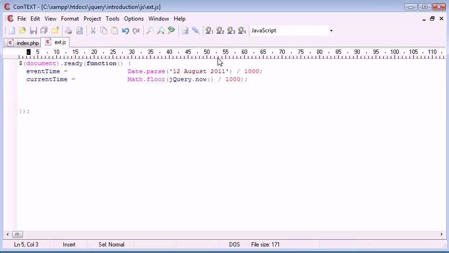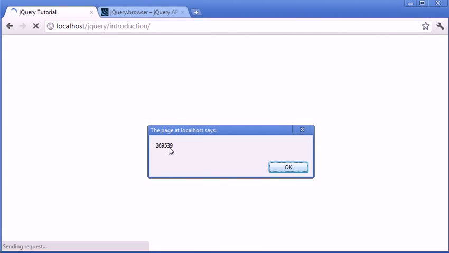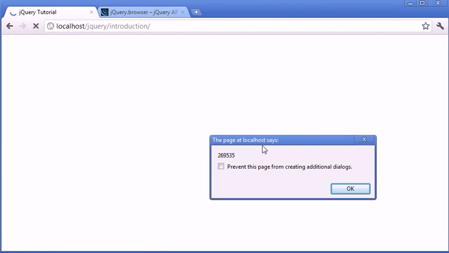Okay, so what I'm going to do now is work out the amount of seconds between these two events. Now, because we're returning them both as seconds, this is quite straightforward. So the amount of seconds between the two events is simply the event time minus the current time. And then we have the difference in seconds between the two events. So let's alert out seconds, and let's refresh. And you can see that this is the amount of seconds between the two events,